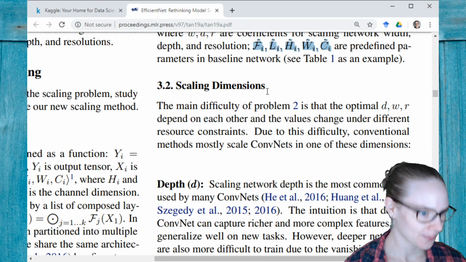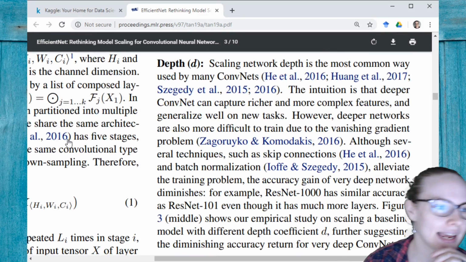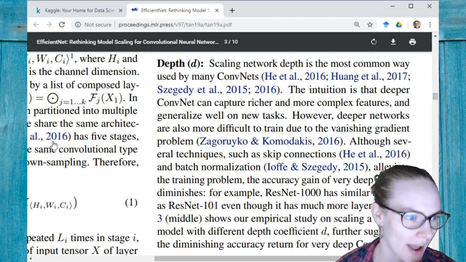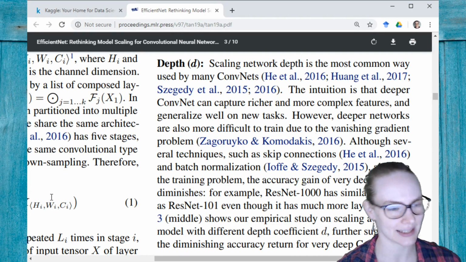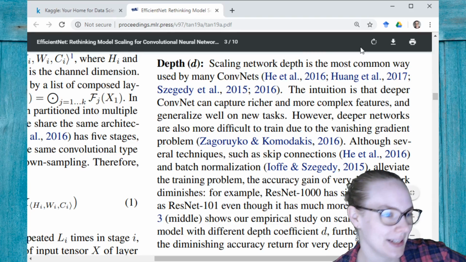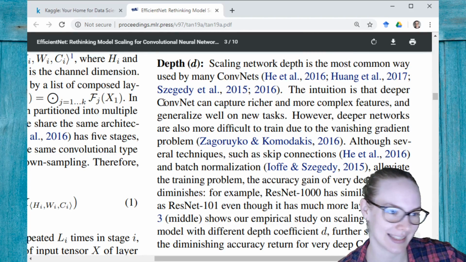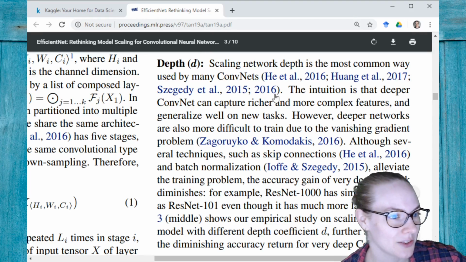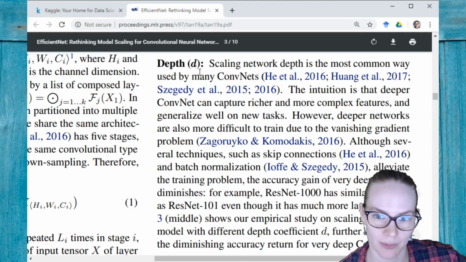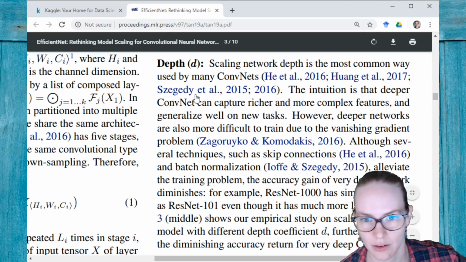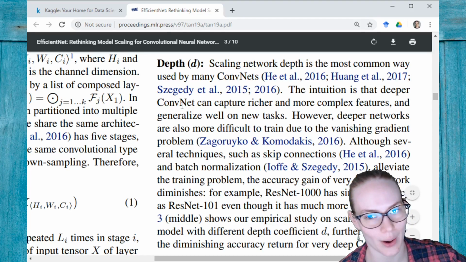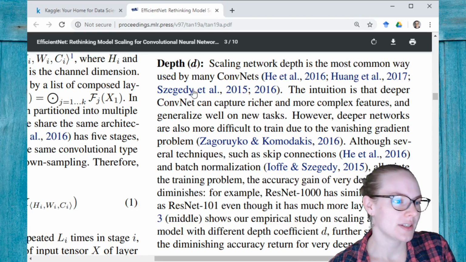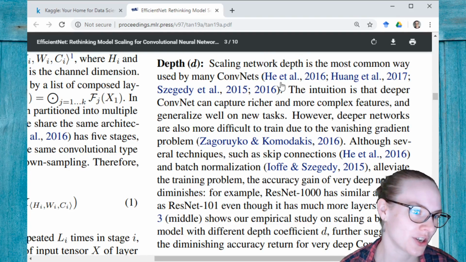Depth D. Scaling network depth is the most common way used by many convnets, He et al., Huang et al., and Szegedy et al., 2015-2016. So this team is probably working on scaling quite a bit. The intuition is that deeper convnets can capture richer and more complex features and generalize well